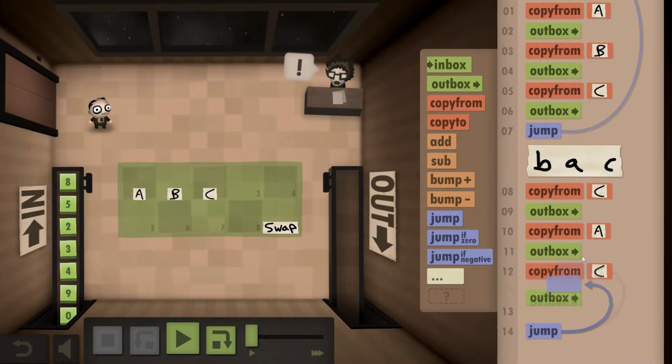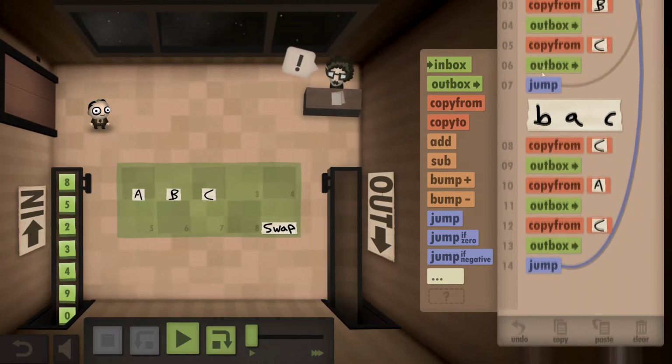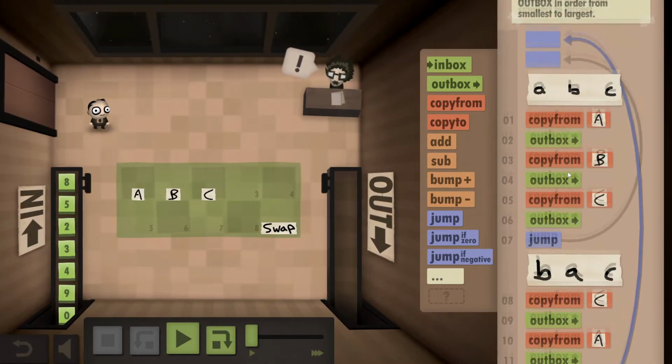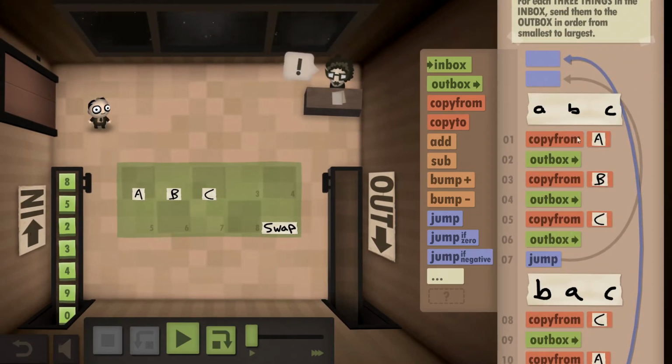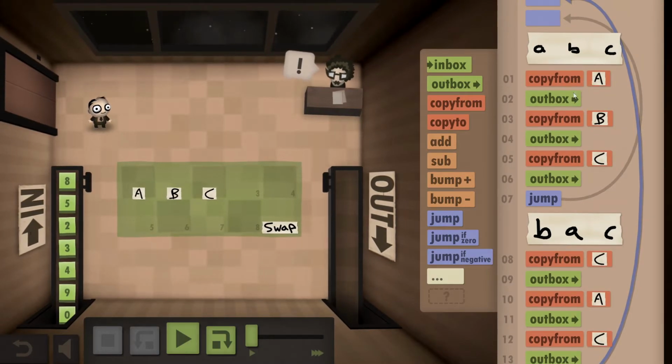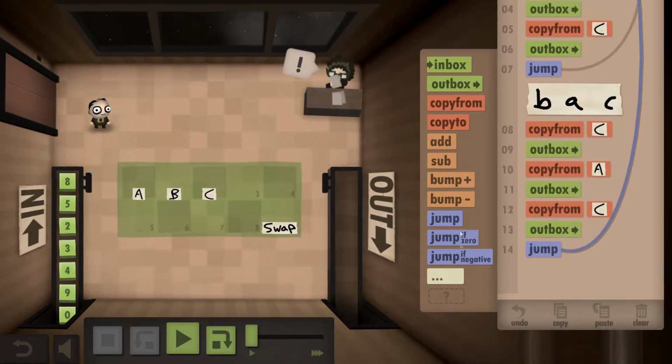So what we're going to do here is have one separate block of outbox commands for every possible permutation of ABC. There are 6 possible permutations. We got ABC, we got BAC, now we could have a CB,